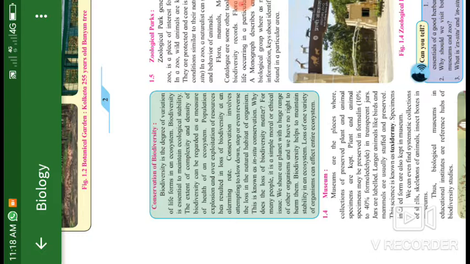A group of students found two cockroaches in a classroom. They had a debate whether they are alive or dead. Which property will help them to do so? Metabolism, growth, irritability, and reproduction. Yes. So all those things might not be observed at that moment, but there is one thing that will be